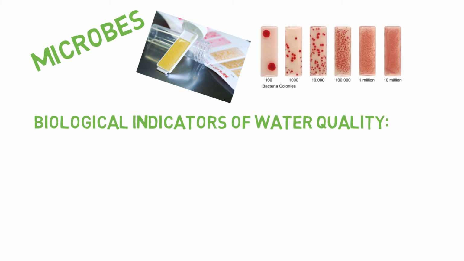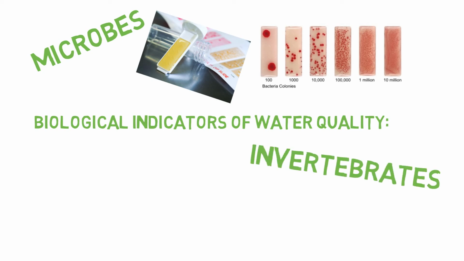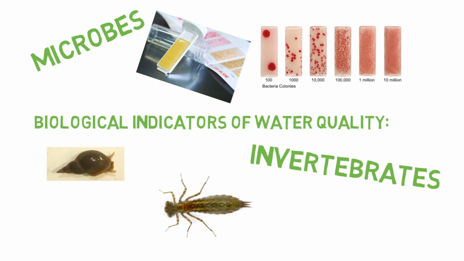And then we're also going to do an analysis of the invertebrates in the water. So looking at the creatures that are in your water sample is really important, because some creatures are more sensitive to water than others. So, for example, water snails are pretty tolerant to pollution, so they're quite common. So we'll give those quite a low score in our analysis, whereas things like mayfly larvae or dragonfly larvae are much, much more sensitive to pollution. So if we find those in our sample, then that's an indication that the quality of the water is quite